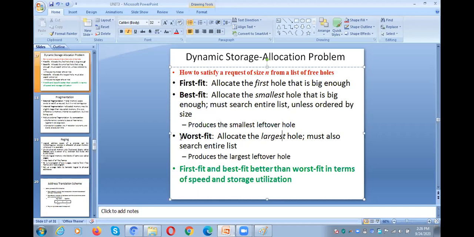Whereas worst fit will choose, from the entire list, the partition of the biggest size. For example, if 50, 60, 70, 100, 150 are the partitions available, then to keep a 40 kb process, worst fit will choose the 150 kb partition. So what will be the internal wastage now? 110 kb. So best fit and worst fit both search the entire list. First fit and best fit are better than worst fit.